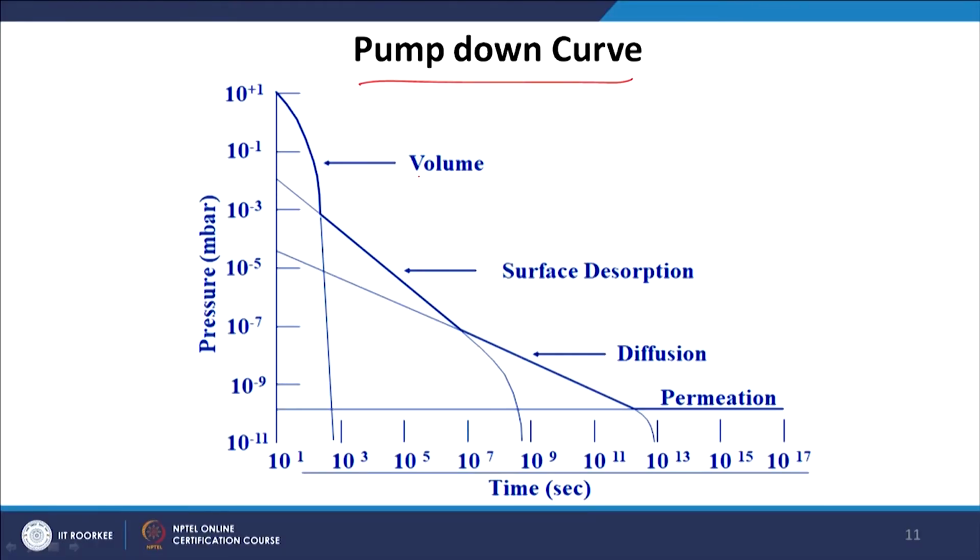Okay. In the case of volume depositions, you can see from the pump down curves that the time required is 10 to the power 1, but as we go to things like surface diffusions, coming from something like 10 to the power minus 1, or even less, 10 to the power minus 2, to come down to something like 10 to the power minus 9, if I consider surface depositions, I go from a time scale of 10 to the power 3 to around 10 to the power 8. But the volume depositions are very rapid, very fast.